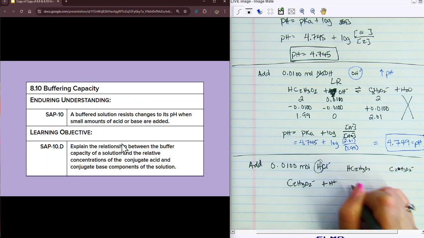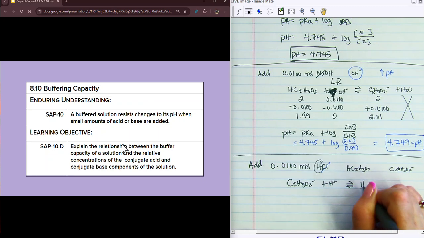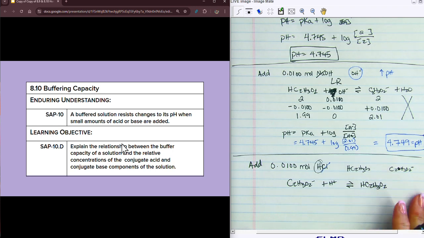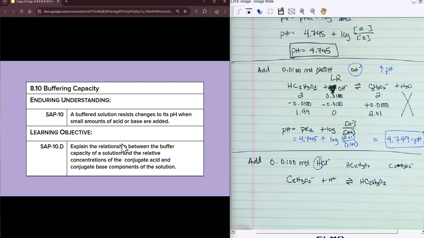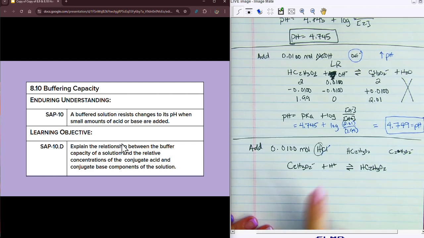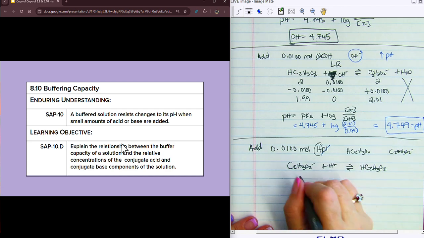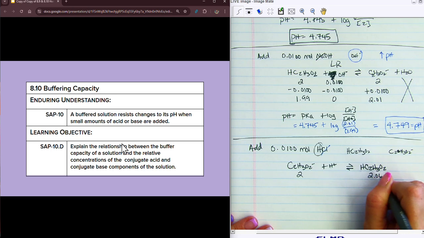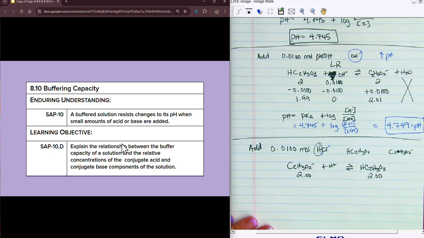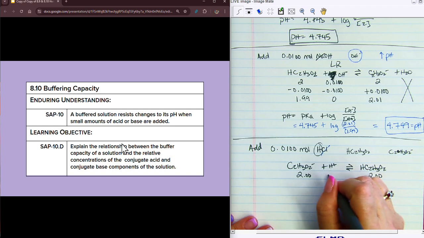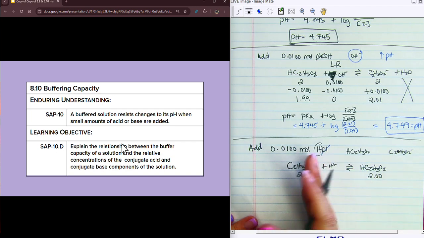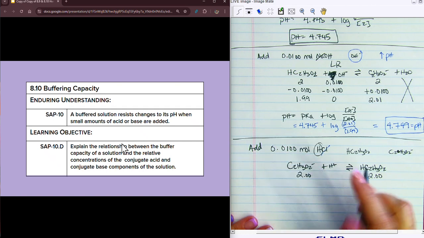plus H+ is going to give me HC2H3O2. That's what I get when those two interact together. All right, so I get this. All right, perfect. So now I know that this was 2 molar and this was 2 molar. Technically, it had 3 sig figs. And I know that this is going to be no change in volume and all of that. So the moles is the same as the molarity,